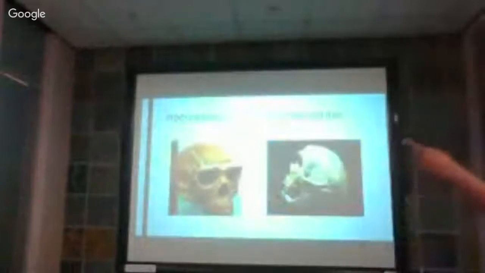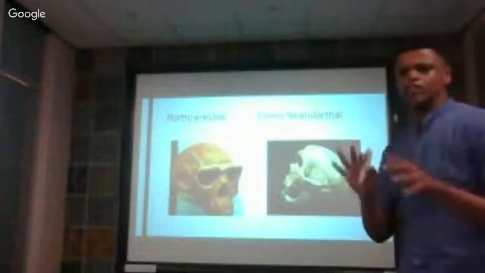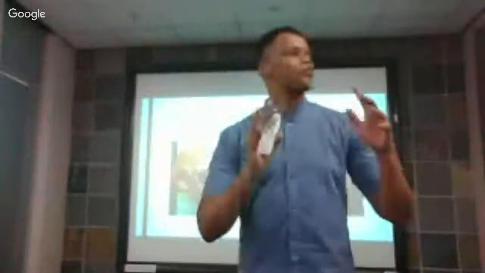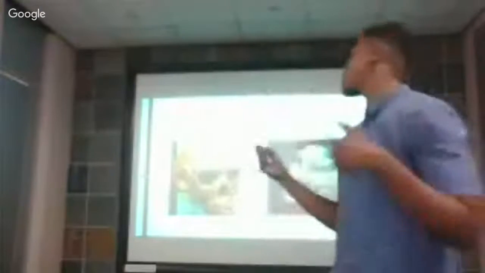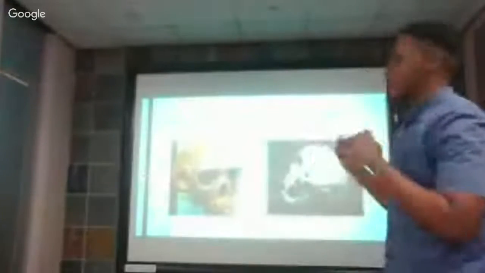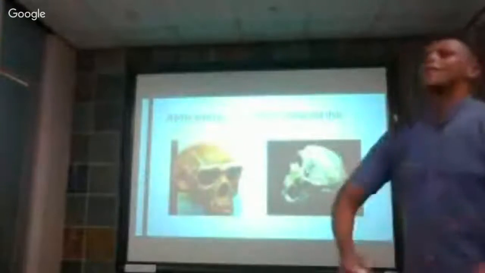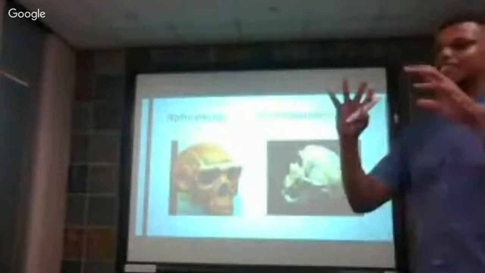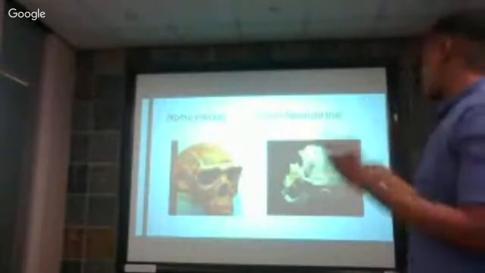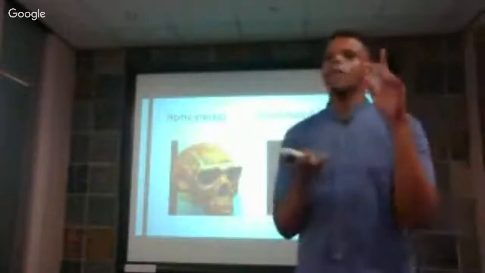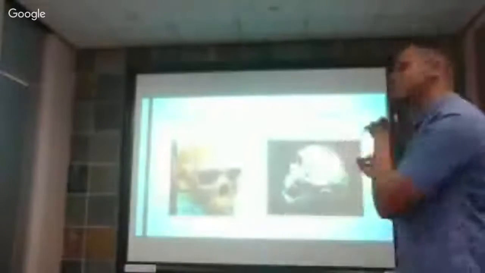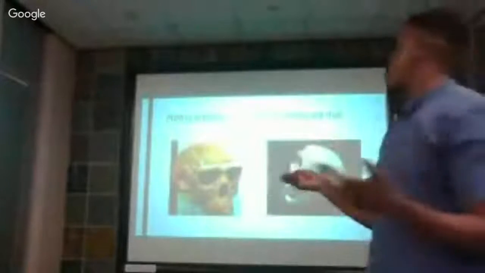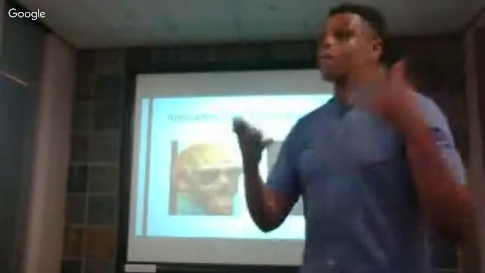Coming into the Homo neanderthalensis, the Neanderthal first appeared between 400,000 and 300,000 years ago. The Neanderthal is said to have been bigger than Homo sapiens and had a larger cranial size than Homo erectus. The Neanderthal was said to have practiced burial. So you can see that the Neanderthal was more intelligent than Homo erectus, hence it practiced burial.